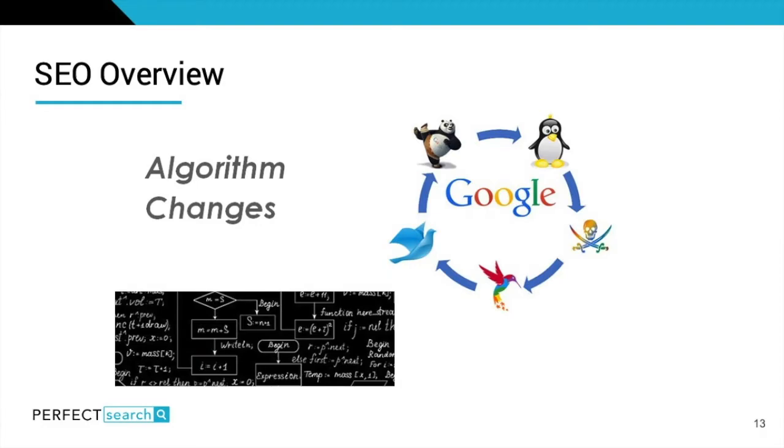So touching on some algorithms, I know we touched on this in the beginning. Over the years, there have been tons and tons of algorithms and algorithm changes by Google, and we can touch on a few of those. On the right-hand side, you can see some animals, so those actually stand for some of the algorithms that have occurred over the years. A few to talk about: Panda was the first main algorithm change that happened, that Google